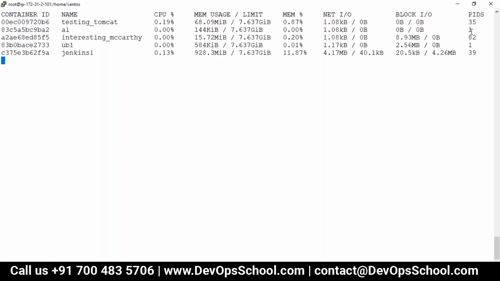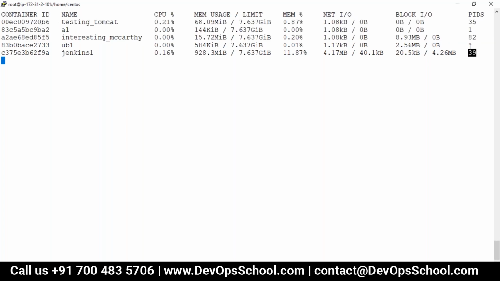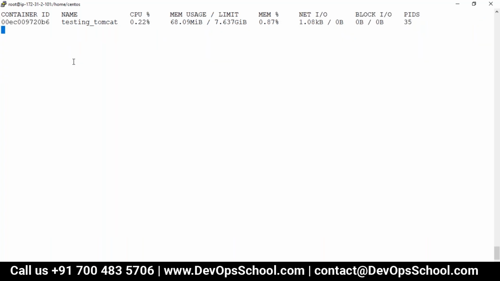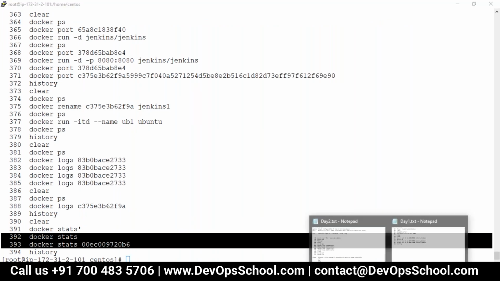When I say 35, 182, these PIDs are the processes you are running inside that container. If you want to get an individual container's stats, that is also possible. This way you can get the monitoring done. Stats will help you with infra monitoring, so you can use this command and see how it goes.